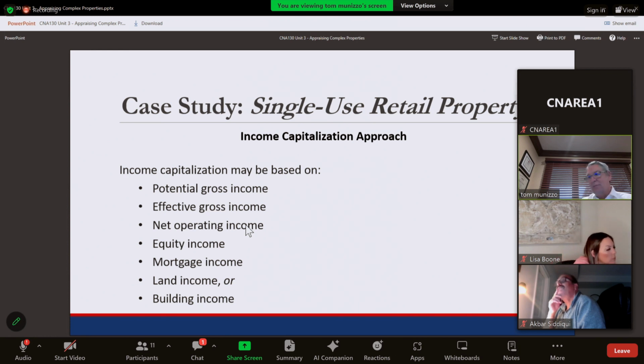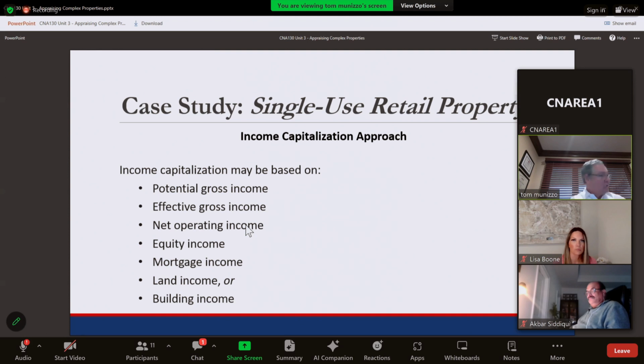Now, with income property, you have equity and mortgage income, you got land income or building income. So let me show you this. Remember I was telling you, you draw a triangle